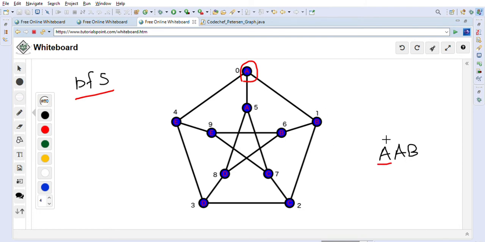So now we are trying to find the next continuity in the string. The next character is A. So for one of its children, A is here. So we found this child A. Now for this A we want to find out if B is there. Is there a connection to B from this A? This A has children D, C, and the previous one is A. It does not have any child with B, so it is not possible with this A. If we start with this A, AAB is not possible.